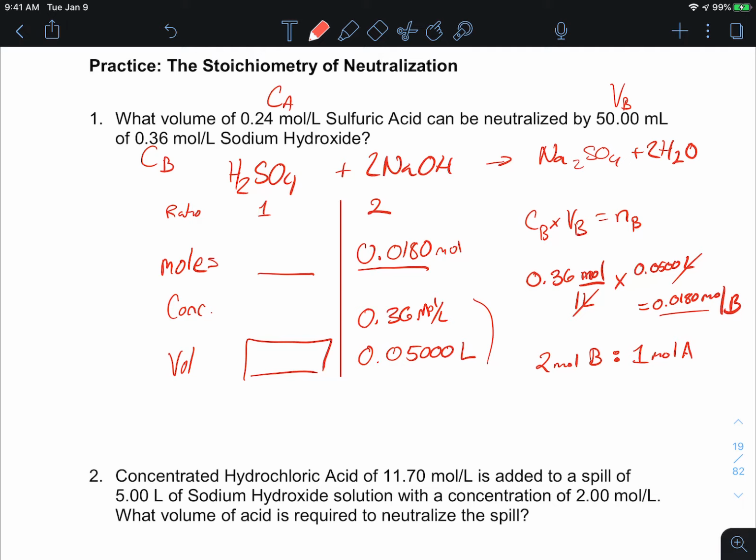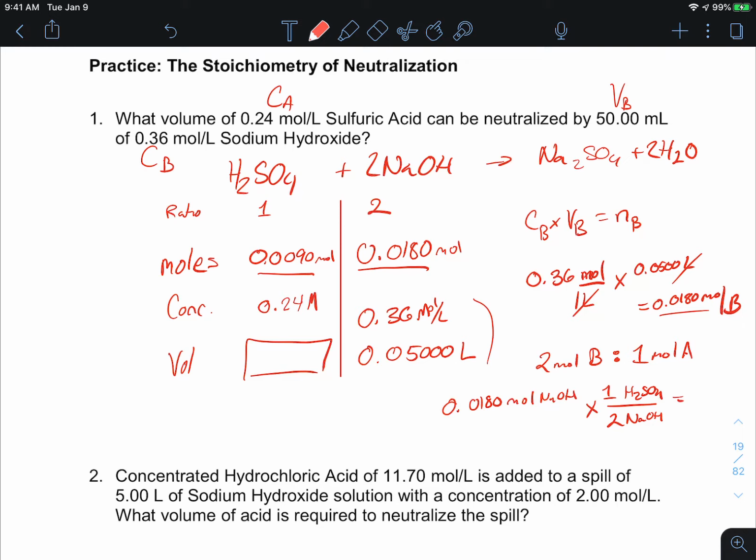So I'm going to take my 0.0180 moles of NaOH. I'm going to times that by that mole ratio. I have NaOH, so I put that on the bottom, 2 NaOH, and I have 1 H2SO4 in my chemical equation. So I'm going to essentially have 0.0090 moles. Now that I have that, and I also do have a concentration here, I have 0.24 moles per